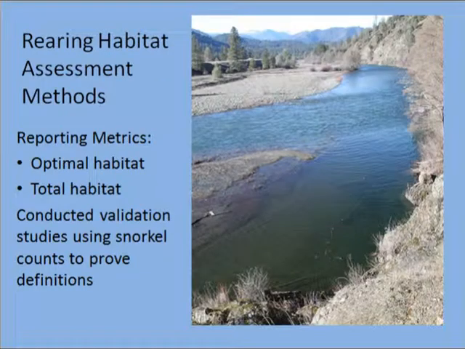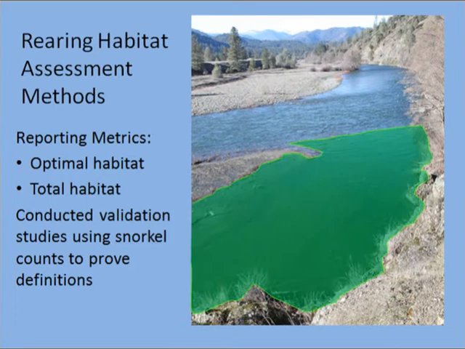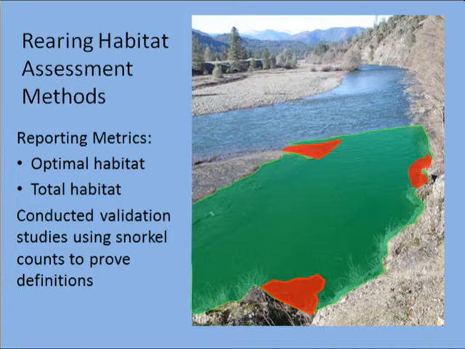So this is just an example of the river. This area right here might meet, or say it does meet, our depth and velocity criteria, and what we've developed is different qualities of habitat. In places where we have shallow slow water that meets that criteria, and we have cover, places where those two things occur, that becomes our optimal habitat. And there's places where we have shallow slow without cover, we call that suitable habitat. And there's places we have cover, but it's a little too deep or a little too fast to meet that shallow slow criteria, and we also call that suitable habitat.